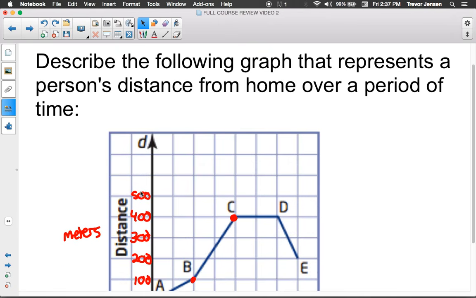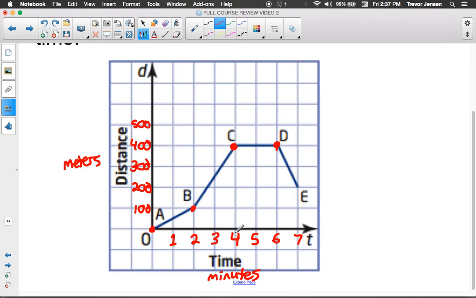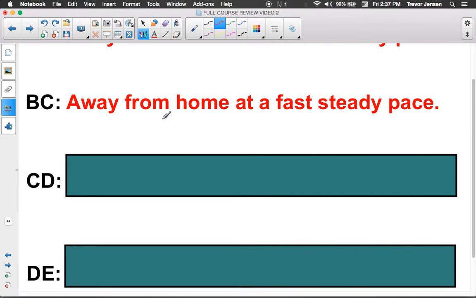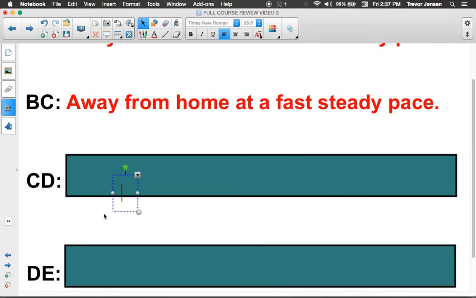How about CD? Line segment CD. At the beginning, so at 4 minutes, they're 400 meters away from their house. And then 2 minutes later, at 6 minutes, they're still 400 meters away from their house. And the line didn't go up or down at all between those two. So the person must not have moved at all. So for 2 minutes, they didn't move. So any horizontal line represents no movement. So in this case,